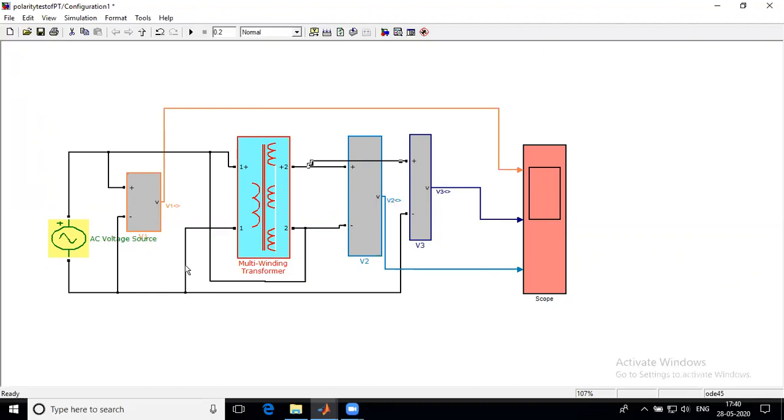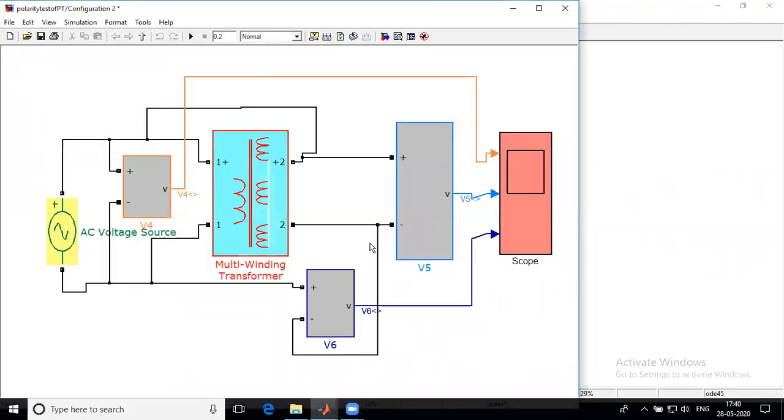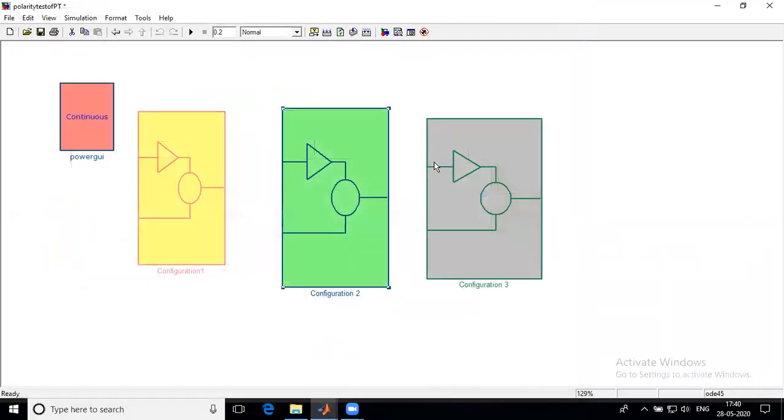Next, configuration 2: the voltmeter V6 is connected across P2 S2, that is, of the same polarity.